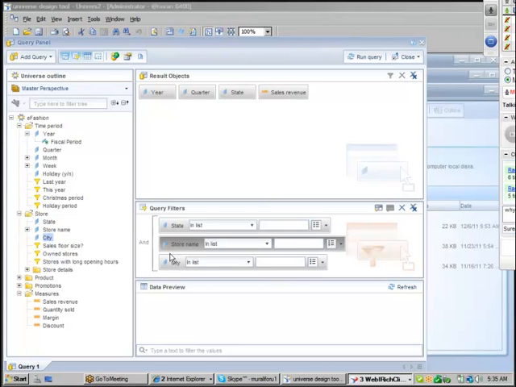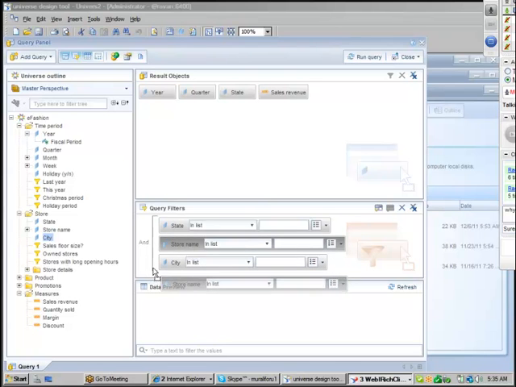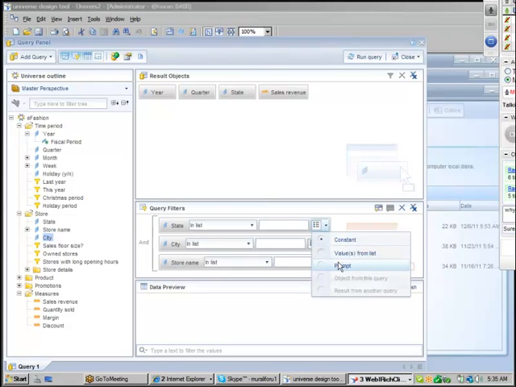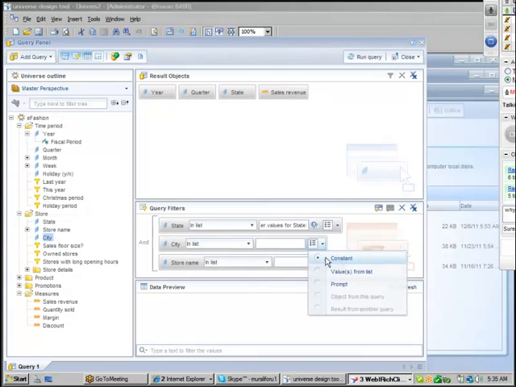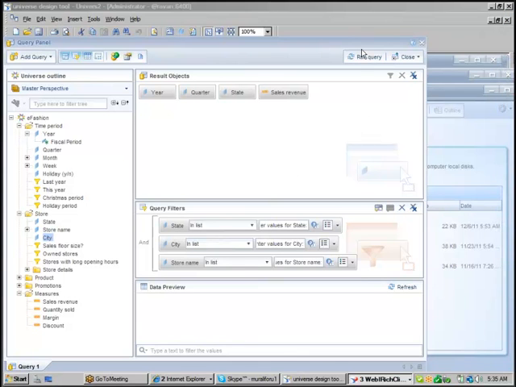I want to change the order: state first, then city, then store name. And I want to make state a prompt, city a prompt, store name a prompt. You created the report: select year, quarter, state, sales revenue, where state in list, where city in list, where store name in list.